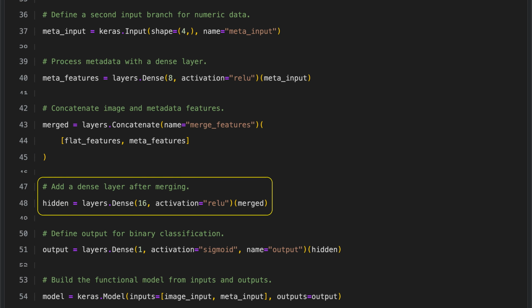After merging the features from the image and metadata inputs, we pass them through a dense layer with 16 units that uses the ReLU activation function. This activation introduces nonlinearity, allowing the model to capture more complex relationships in the combined data. By processing the integrated features in this way, the model is better able to learn useful patterns and improve its